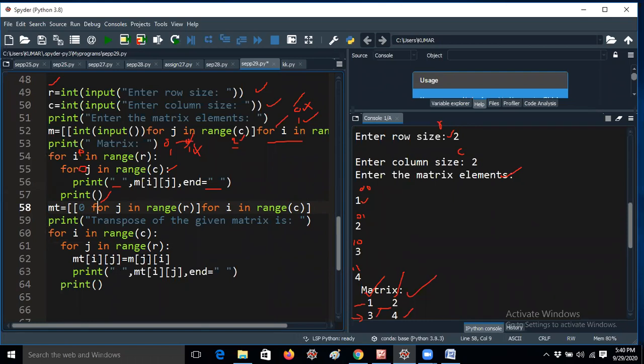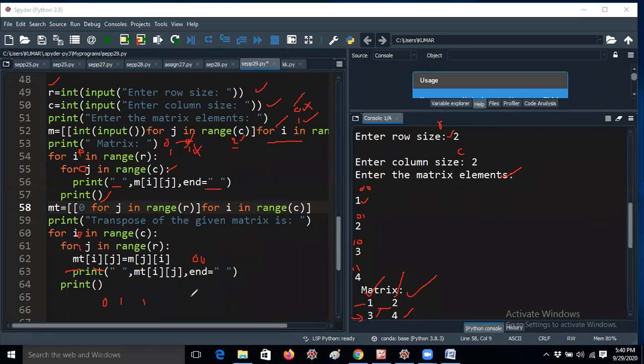That means, for example, if you are taking the 0, 0 first element, it will be stored as it is in the matrix. Whatever transposition you are taking, like the empty matrix, it will be stored like this. But for the next, the i value will be 0 and the j value will be 1. In that case, MT of 0, 1 will store the value of M of 1, 0.